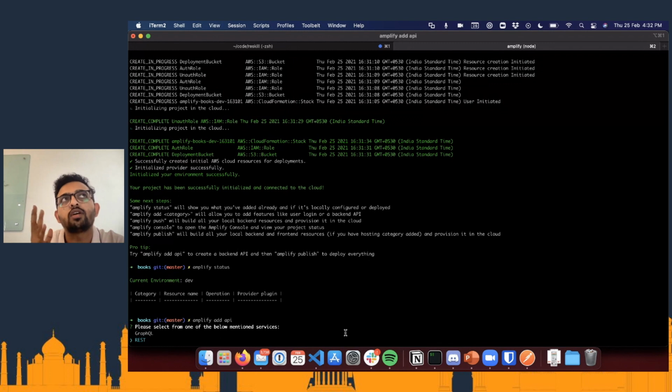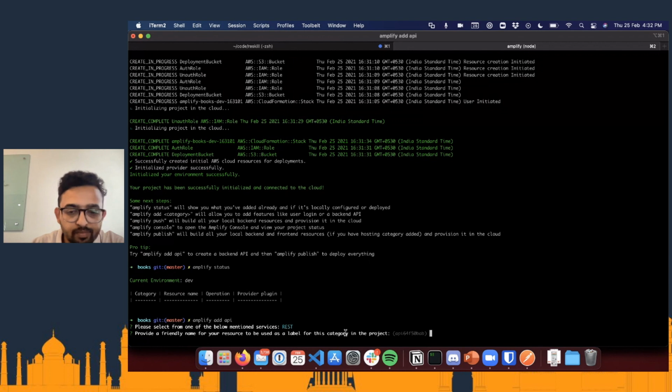So instead of using API Gateway and Lambda as in the case of REST, in the case of GraphQL you will be creating an AppSync API endpoint. So let's go with REST, and it is asking what should be the name. I will just call it Books, and it is asking what should be the path. So I will say Books,